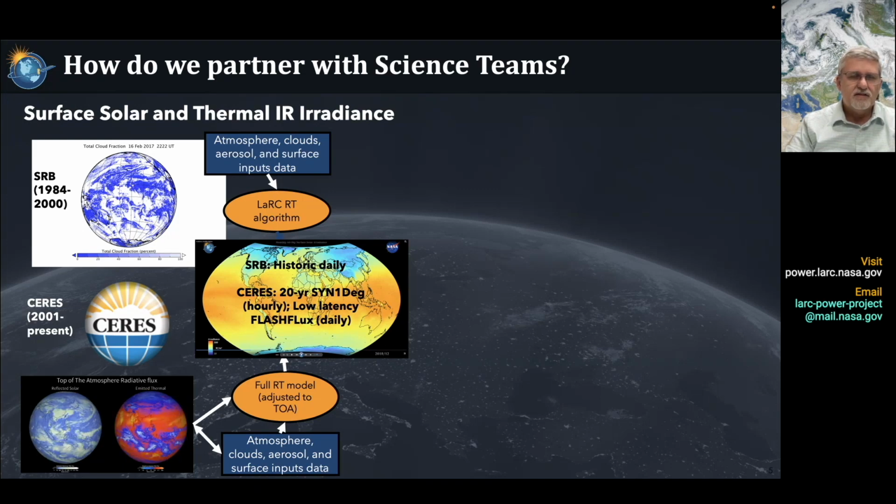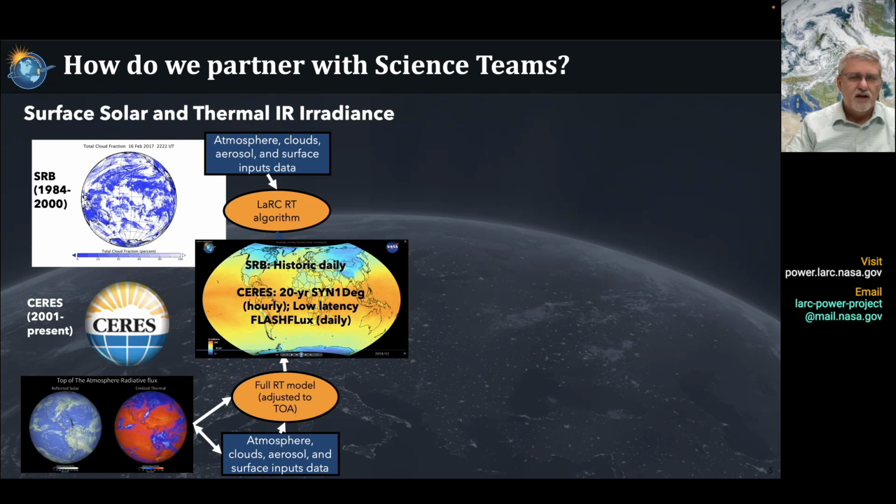And so our current data set uses this SRB, Surface Radiation Budget data set from 1984 through about 2000. But starting in 2000, a mission from NASA was launched, and it's called the CERES mission,